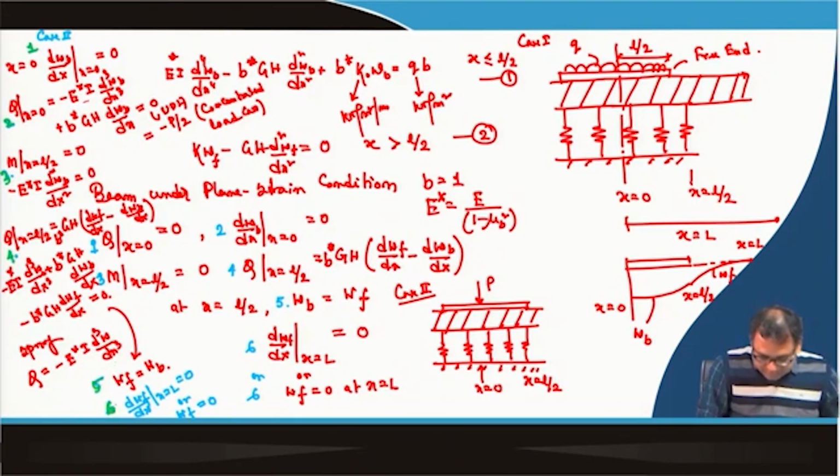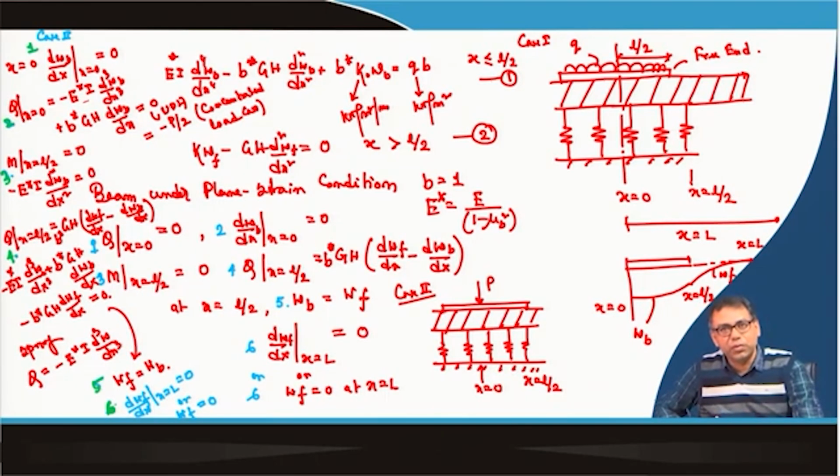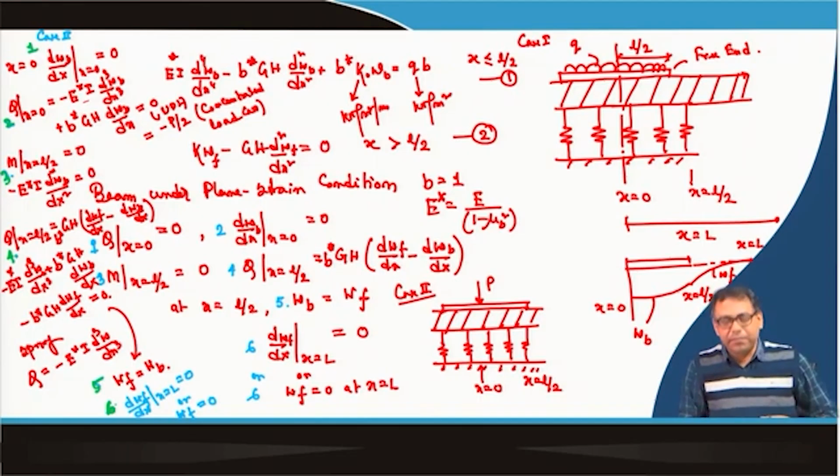So, the blue numbering are the boundary conditions for case 1 and the green numbers are the boundary conditions for case 2. Okay. So, the only difference is that in UDL the shear force at the center is 0, but in case of concentrated load at the center the shear force is minus P by 2,